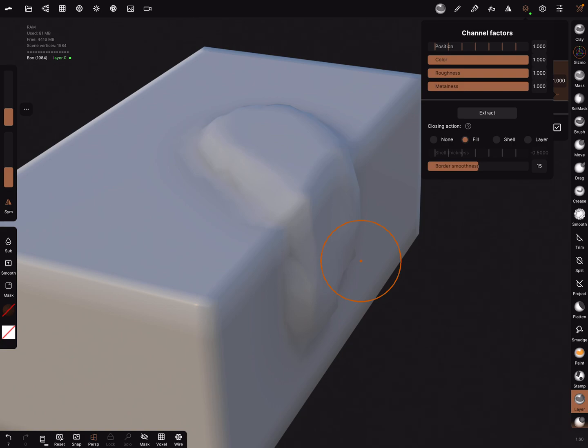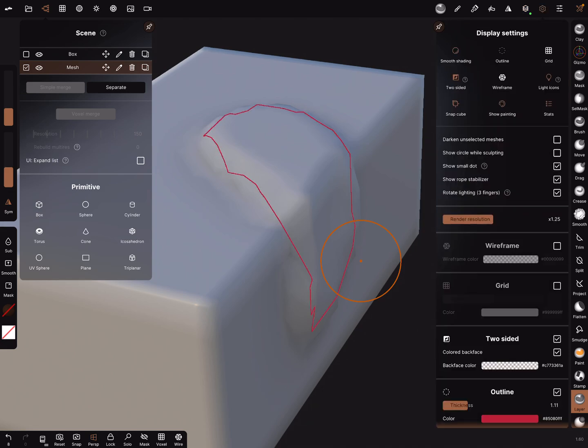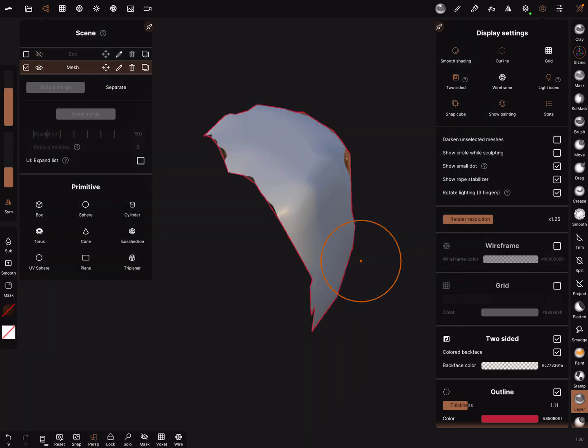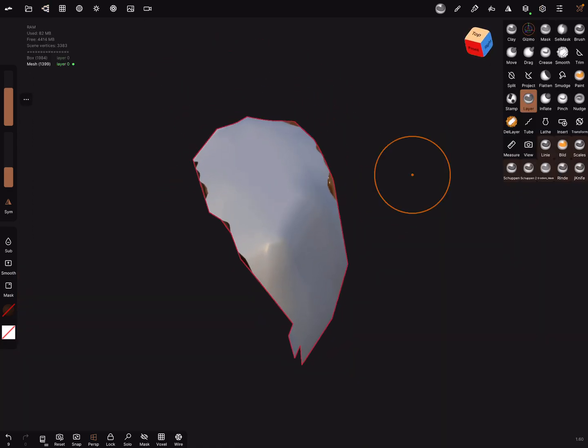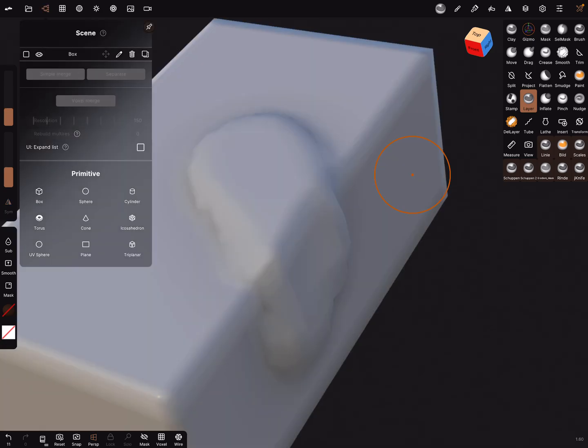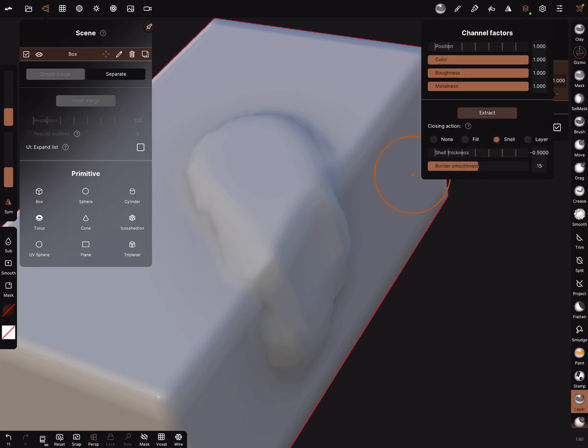I test the fill extract, and now there's in the menu here's the box, and I turn on the outline, and so it looks as a fill version of the layer. And now we extract it as a shell.